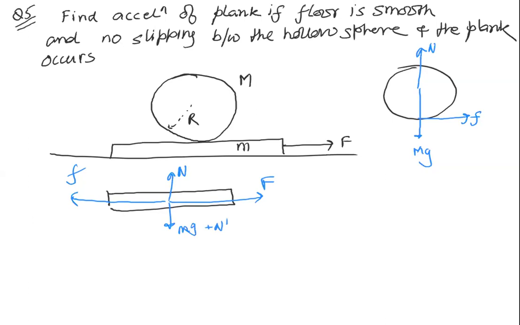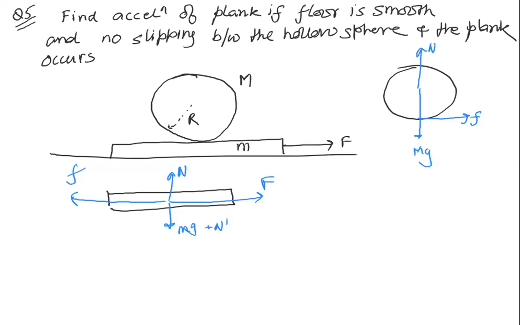इस केस में व्हाट यू हैव टू सी इज कि अगर फ्रिक्शन नहीं है हॉलो स्फीयर और प्लैंक के बीच में, due to the application of the external force capital F, the plank is going to move towards the right, and therefore the relative motion of the plank with respect to the hollow sphere is to the right. Therefore the friction on the hollow sphere must also be to the right. Relative motion oppose करेगा,